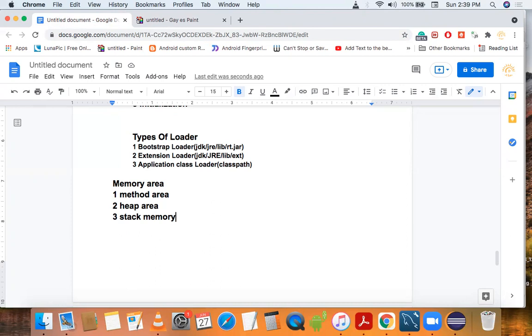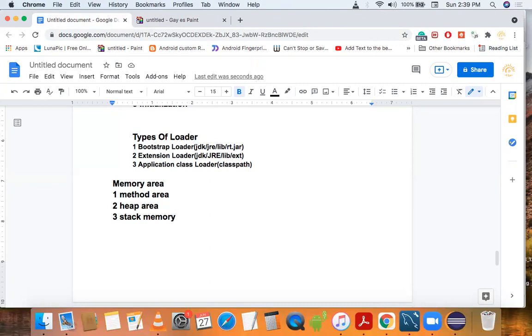So after completing a method, the corresponding entry from the stack will be removed. And after completing all methods call, stack will become empty and destroy the stack area. And each entry in the stack is called stack frame or activation record.